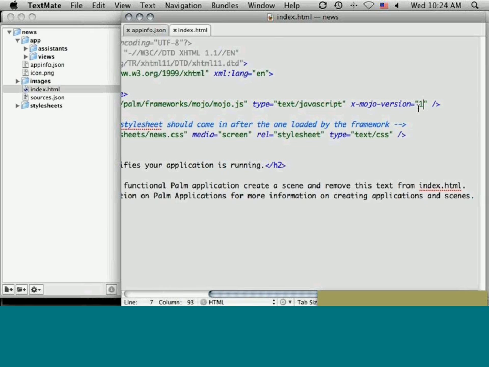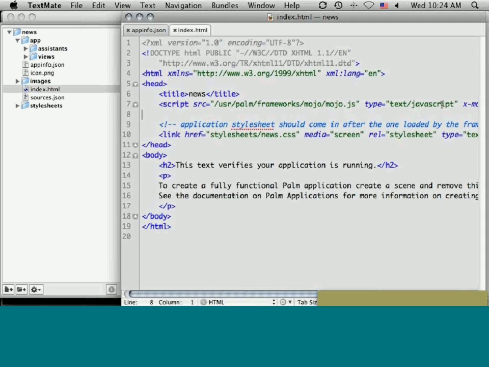When Palm ships these new versions of the framework, it'll also ship old versions of the framework as well, so applications that are using the old version won't break. But it's always a good idea to stay current, and you want to be able to access the new capabilities in the new versions, which you won't be able to do unless you request that new version. So